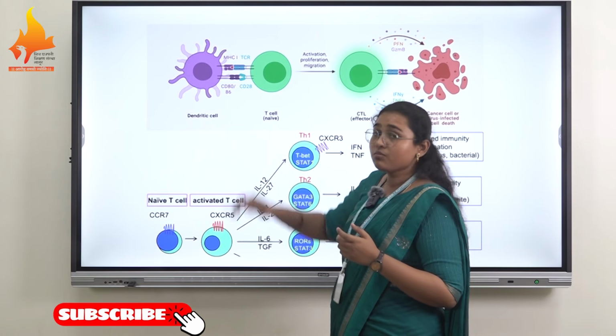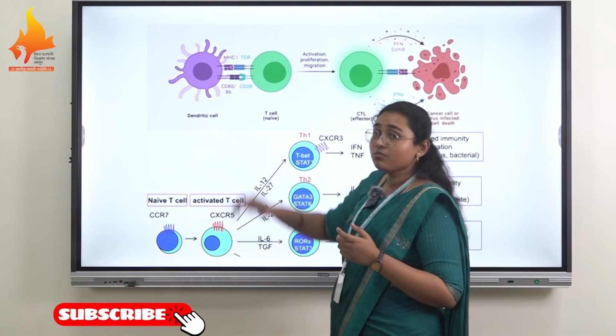So basically the concept is that when the hematopoietic stem cell synthesizes the T lymphocyte, the T lymphocyte migrates to the thymus, and in the thymus, upon gaining the education, these cells go to the secondary lymphoid organ for activation. In the secondary lymphoid organ, there is the presence of actual pathogen particle, the actual antigenic particle. So activation happens via the MHC molecule, which is represented by dendritic cells.